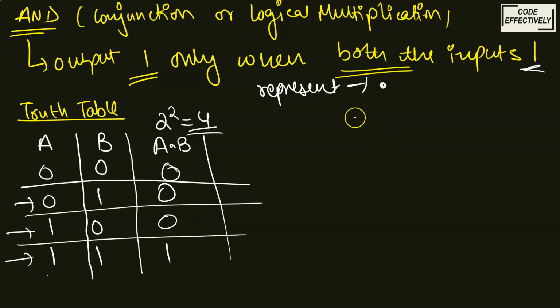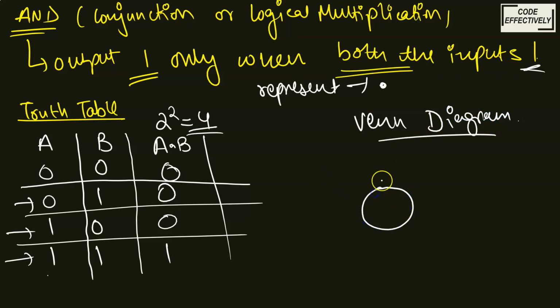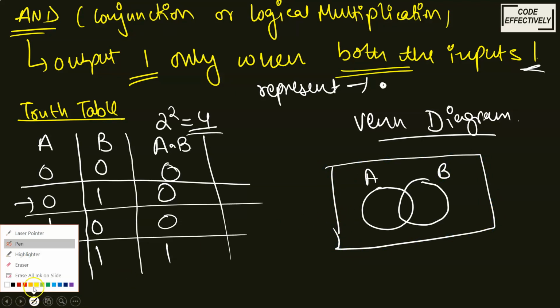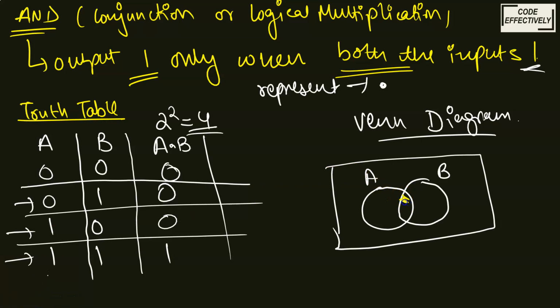Okay, and sometimes people ask, help me with the Venn diagram. You can know easily in the Venn diagram also, you have studied sets in your mathematics classes. So let's say this is A and this is B, and this is your universal set. If I am asked to draw A dot B, A dot B will be the common part, or you can say the intersection part. So here you can highlight that my A dot B is the intersection part. It is the common part. This is your A dot B.